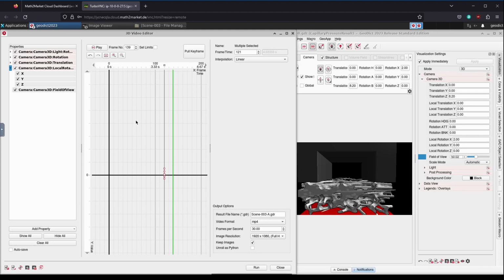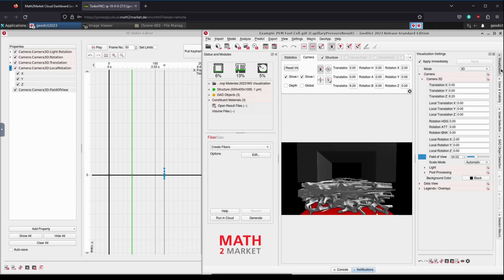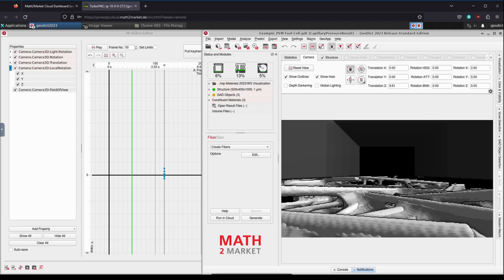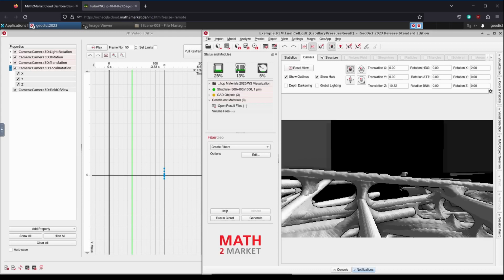For the next step, we make sure that the playhead is to the left of the first keyframe and switch back to Geodict. Now, let's talk about one of the challenges when planning camera movements in Geodict. Typically, when we are looking to zoom into a structure, like the end of the flow channel, we would simply move the camera forward to the end of the flow channel.